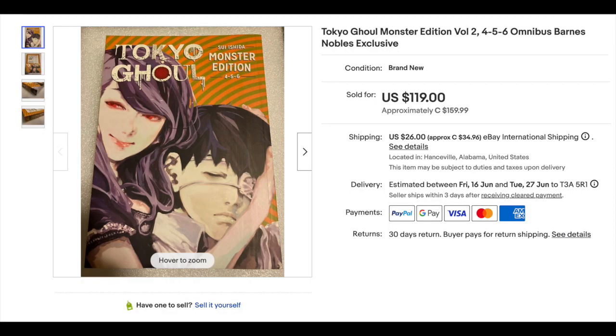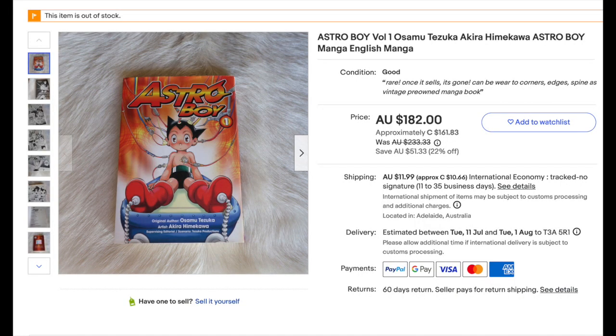Number 6, we've had, it's a Barnes & Noble exclusive. We've had the Volume 1 on here quite often, but it's Tokyo Ghoul Monster Edition. This time it's the second volume, collecting, I believe, 4, 5, and 6. $119, Viz Media 2019. Number 5 was kind of a weird one for me because it's Astro Boy Volume 1,